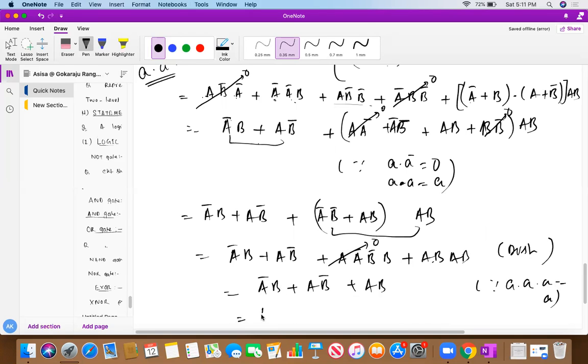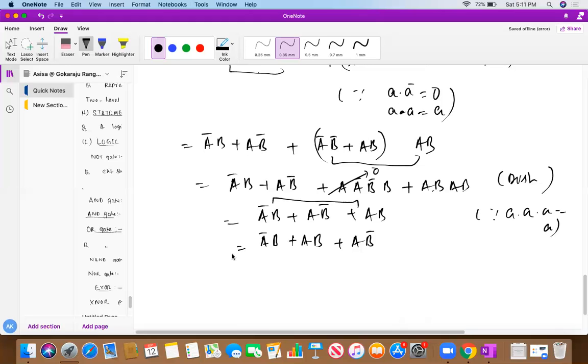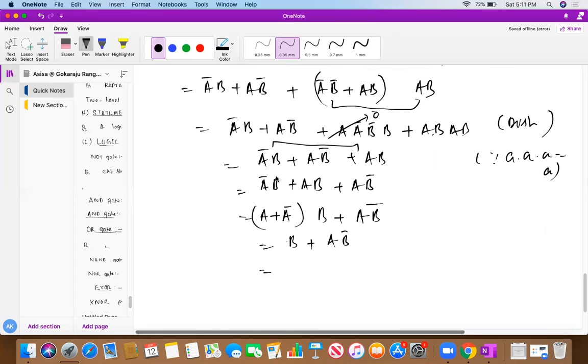So finally what I have achieved here, I can rearrange this equation to apply the distributive law again. A bar B, or AB, and this is AB bar as it is. So here I can make it like A or A bar with B, and this is AB bar. Am I correct, students? So this will be A bar A is 1, so this will be B, and AB bar. So finally, if I again apply the distributive theorem, here what I have applied is A plus A bar is 1, and also A and 1 is A. After that I got this.